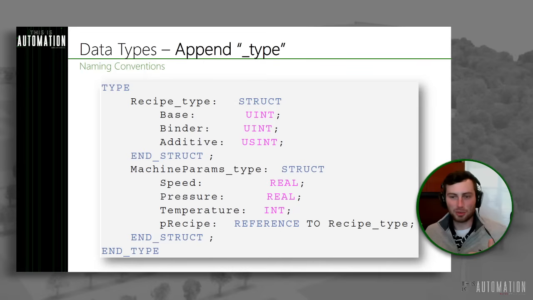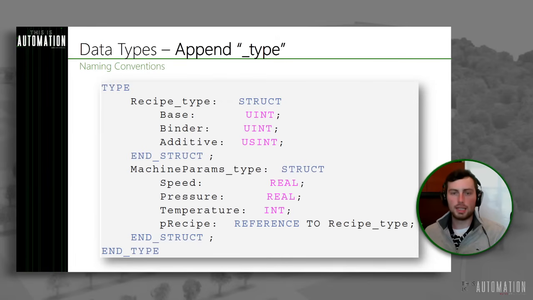Okay, so now we'll walk through some of the different naming conventions for the different things inside of Automation Studio. So the first one of those is data types. So we won't talk too much about what each of these things is. If you don't know what data types is, that's okay. Don't worry too much about that. And we can maybe cover that in another episode. But for those of you that use data types, and I imagine that many Automation Studio programmers out there are,